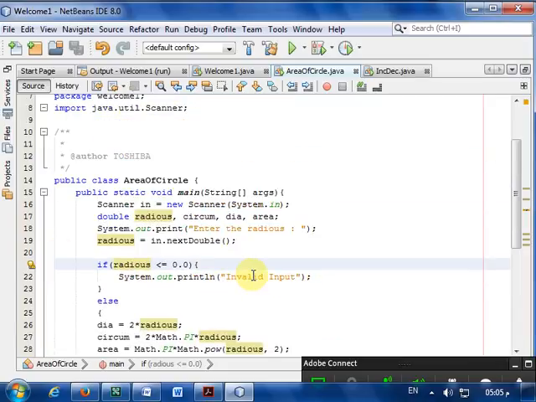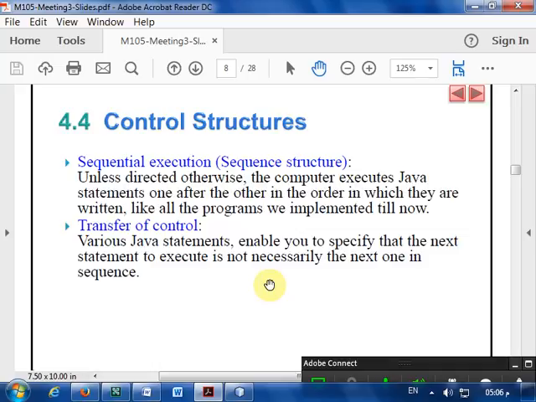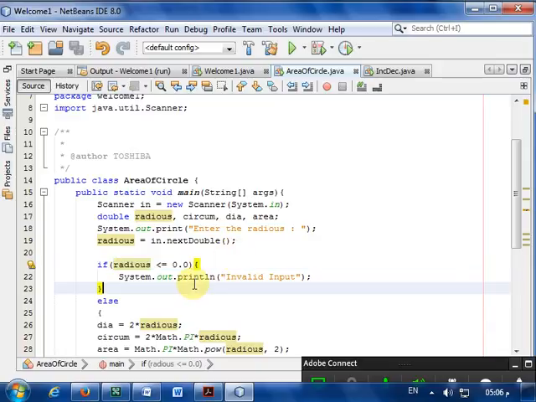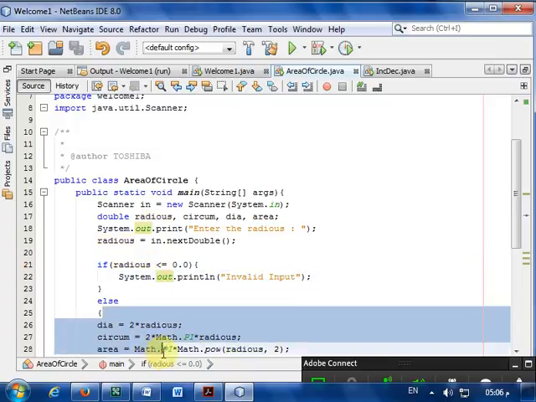Now what you are doing here, you are making a selection based on this condition. If this condition is true, if it is correct, it will say invalid input. If this condition is not true, which means radius is greater than 0, it will do the calculations, right? So what we are doing is transferring the control from here to here. If it is less than 0, we are transferring the control here and skipping all this,